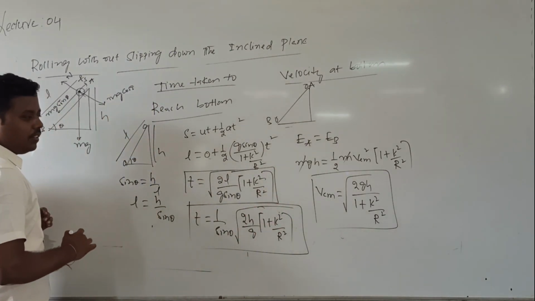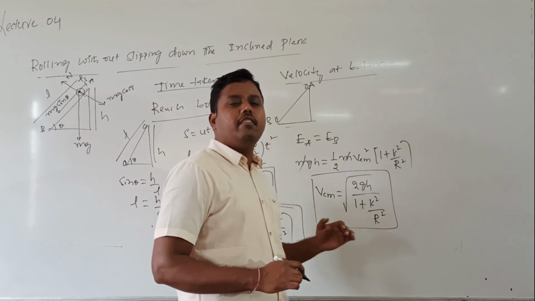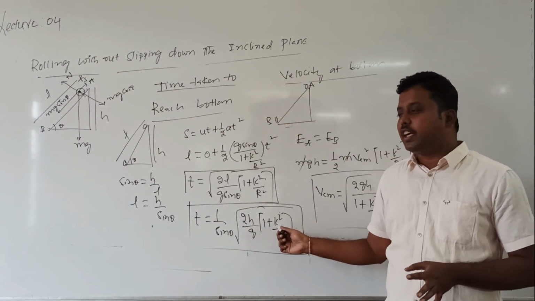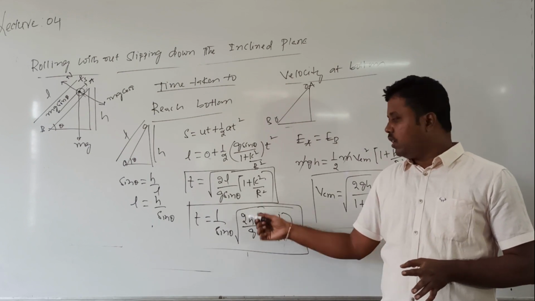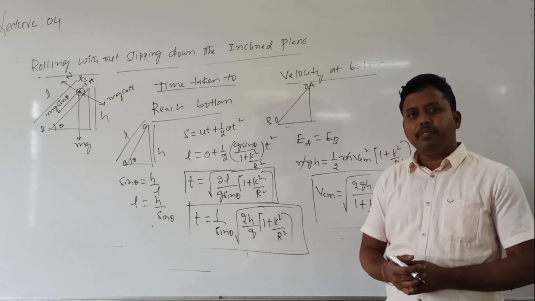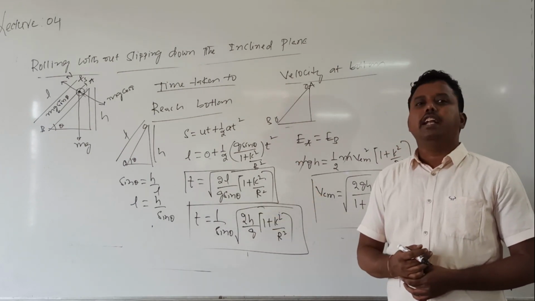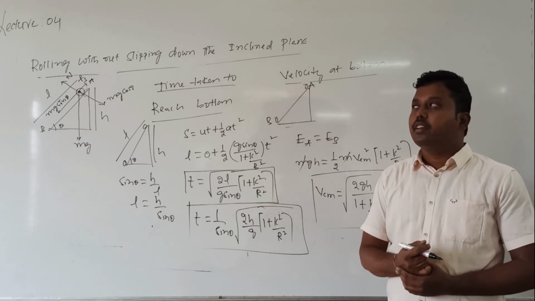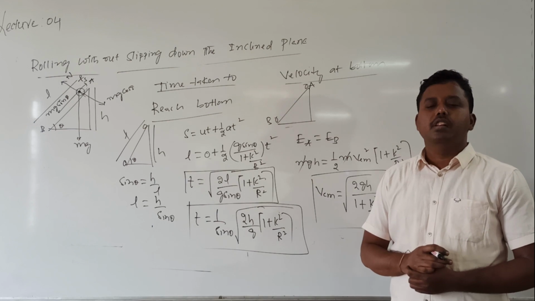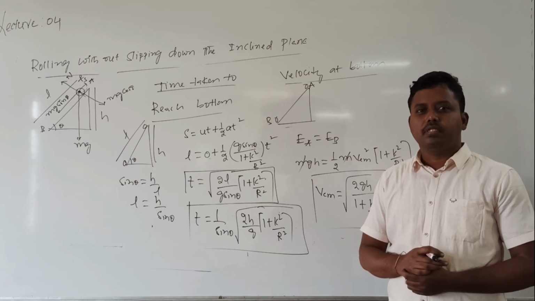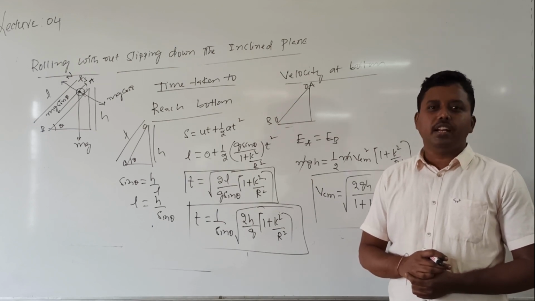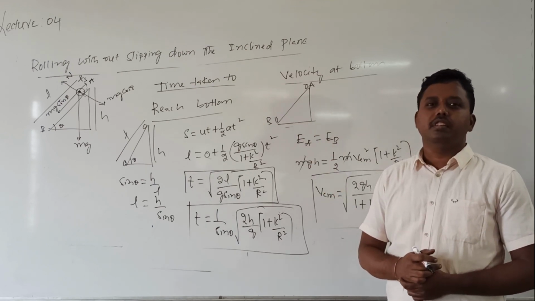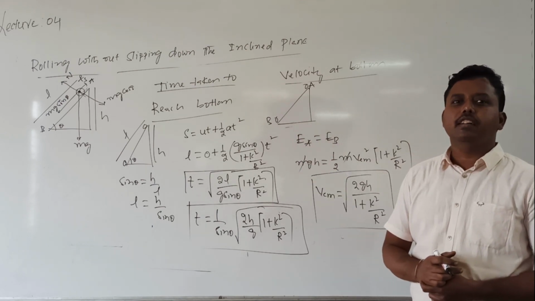Two formulas are there. Whenever a body is only sliding, what happens to the k value? It is 0. That time the answer will be root over 2h. Okay? So this is the formula for time taken by the body to reach the bottom of the inclined plane. And these are the concepts of rotational motion. Go through the concepts clearly. Then now we will start numericals, exercise questions of this chapter 11. Okay, so let us start.